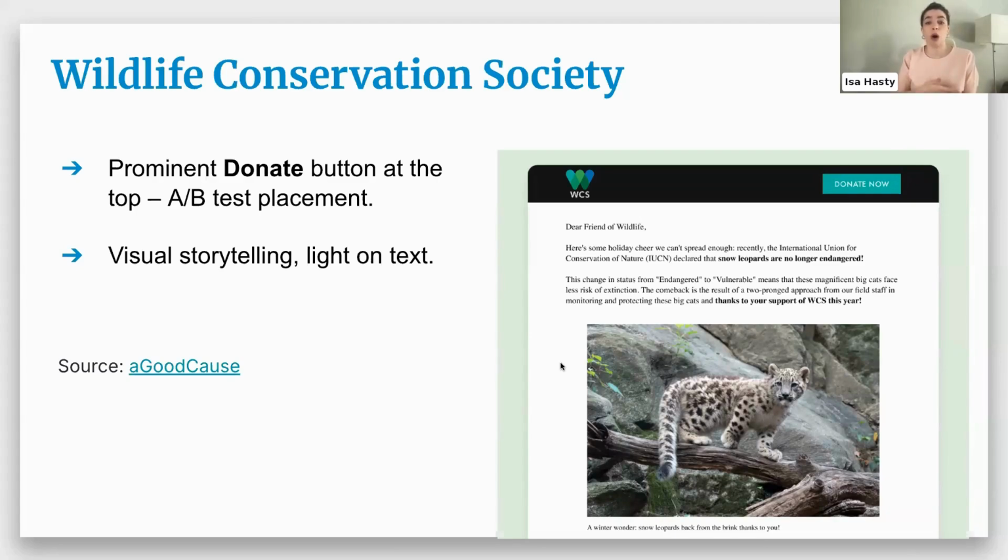So for example, if you are a health services organization, you could show imagery of people in a clinical setting or happy people in a clinical setting. If you're a food bank, you could show images of families receiving food or people volunteering, and they don't have to be your beneficiaries or your volunteers, right? And so I think there's ways, if you're comfortable with it and if you're allowed to do it, to test out pulling in imagery in that way, to make things more visually engaging, because ultimately visuals like this obviously are